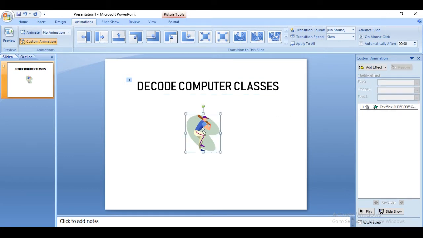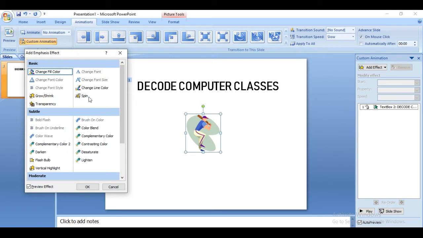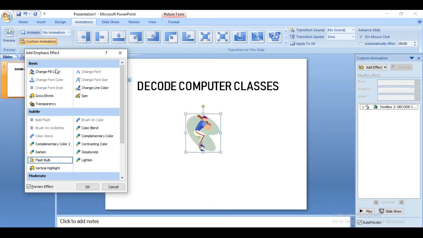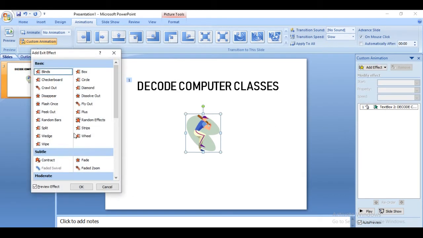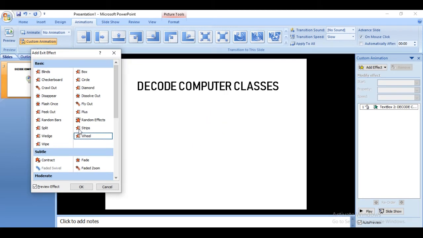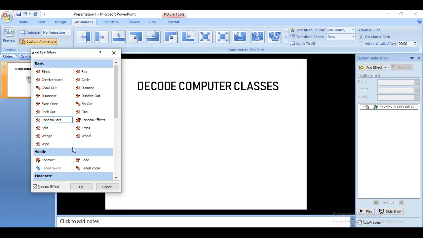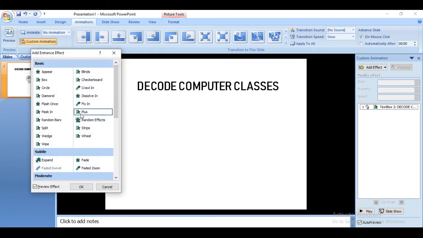And if I go for the object here, let's go for other types of effects. Let's see. As you can see, different types of effects are there. You must have noticed here. Let's do some more effects. Now it disappeared. So this is actually the add exit effect. These types of effects really help in the slide this way. Suppose we have selected this one.